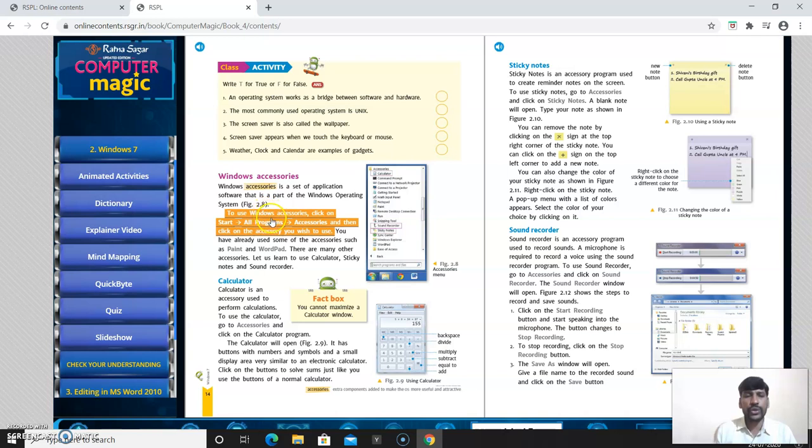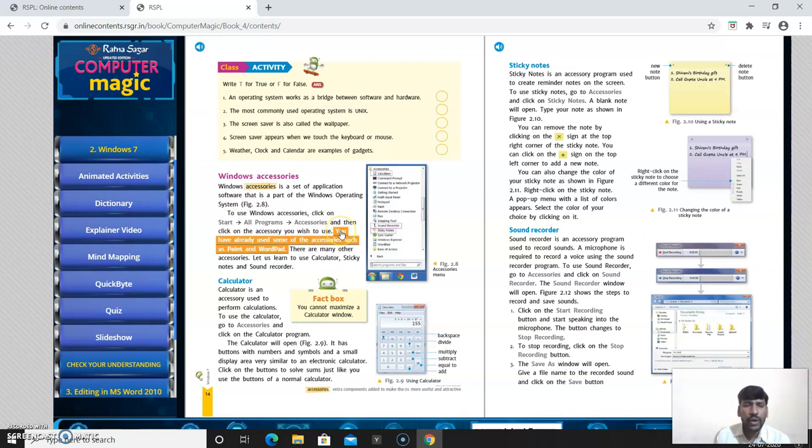To use Windows accessories, click on Start button, then All Programs, then Accessories, and then click on the accessory you wish to use. Whatever accessory you want, you can select from the menu. Now you have already used some of the accessories such as Paint and WordPad.